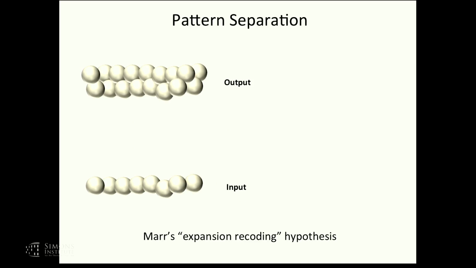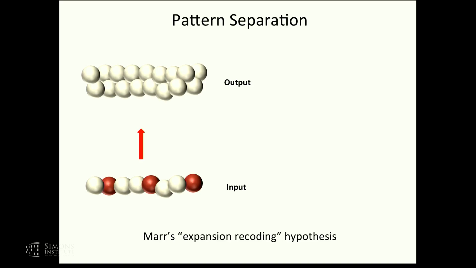So what do we mean by pattern separation? It's a term you see over and over again in the literature these days. We talk about it based on David Marr's initial idea about expansionary coding. That was part of his cerebellar theory that he published in 1969, talking about the granule cell layer in the cerebellum. And then people like McNaughton and Rolls and Treves started talking about the dentate gyrus granule layer doing very similar operations.